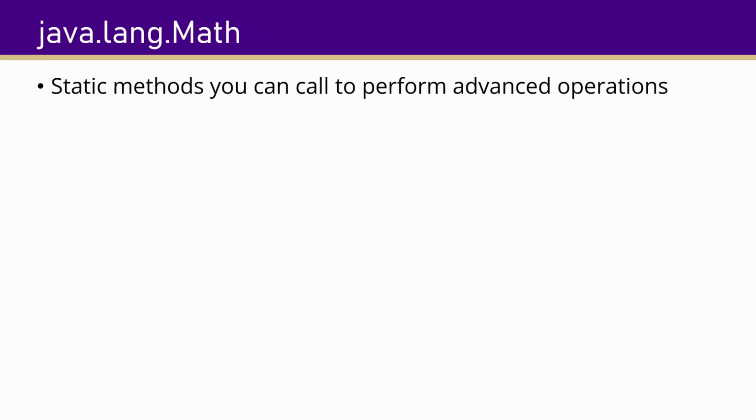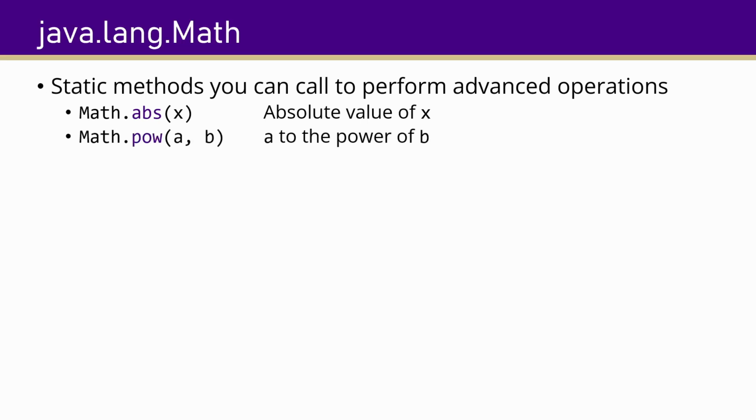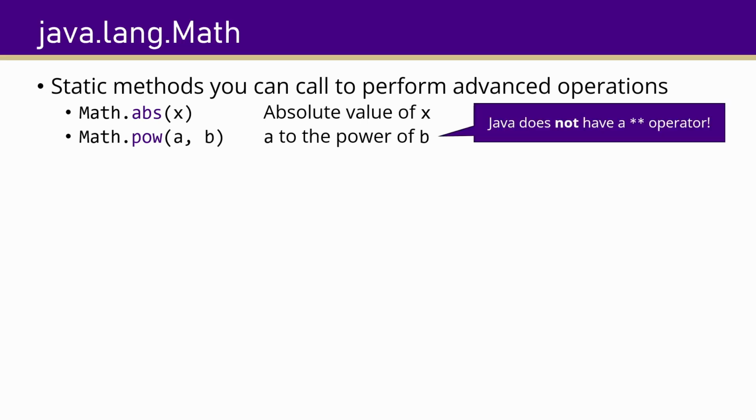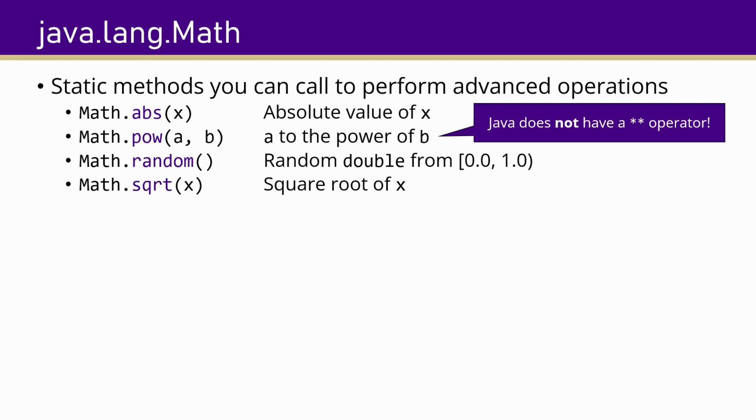In case you need to perform advanced math operations, you can rely on Java's built-in Math class. Here are some of the most important static methods you need to know. Math.abs will give you an absolute value. Math.pow will let you compute exponentiation. Now, as a reminder, Java does not have a star operator, so you must use Math.pow if you have a power like this. There's Math.random, which gives you a random double, Math.sqrt for square roots, Math.round, which is super useful